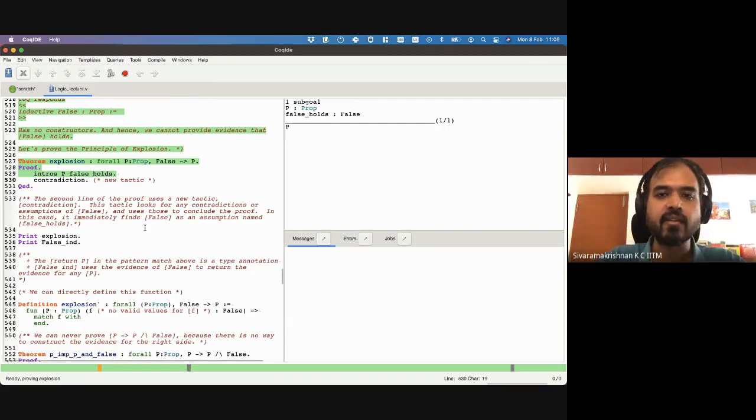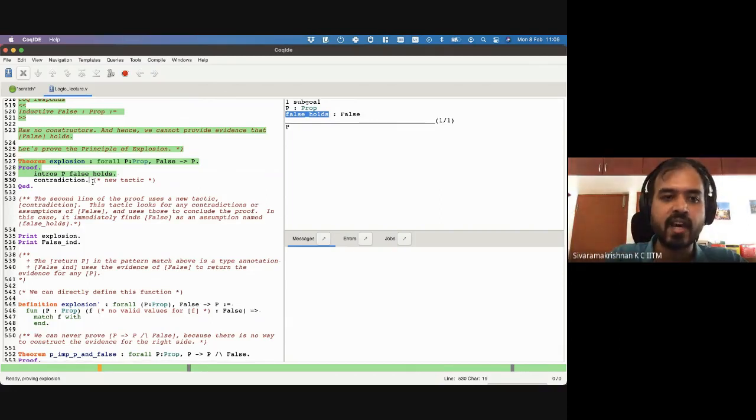And we have this new tactic, which is called contradiction, which basically searches for contradiction in the assumptions. So contradiction is anything that can derive false by function application or just the constant false, right? I'm saying I hold the evidence for false, which is not possible at all. So Coq just says, okay, if you have evidence for false, which you should not hold, then anything else holds. And contradiction is that